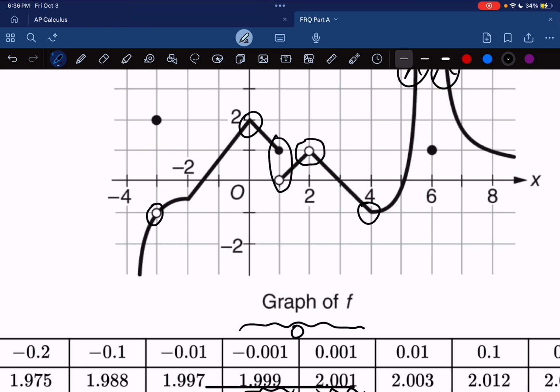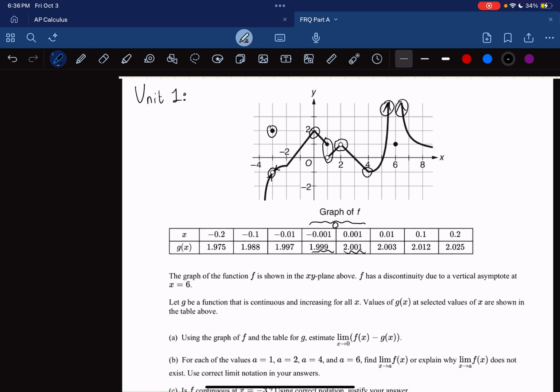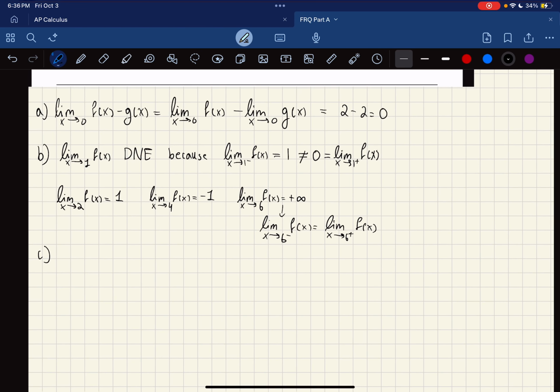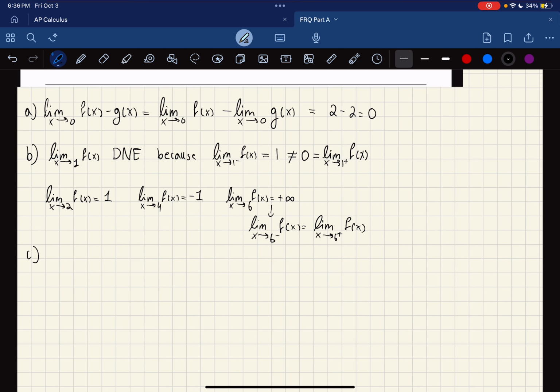So even though the limit is basically equal to -1, because from both sides of the limit, it's approaching -1, when x is equal to -3 exactly, f of -3 is going to be 2, which will result in a discontinuity. So basically, we're going to say that, no, at x equals -3, f of x is not continuous